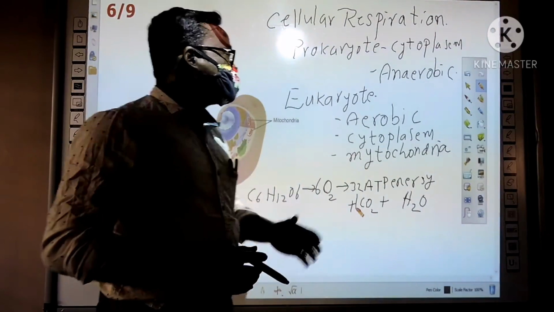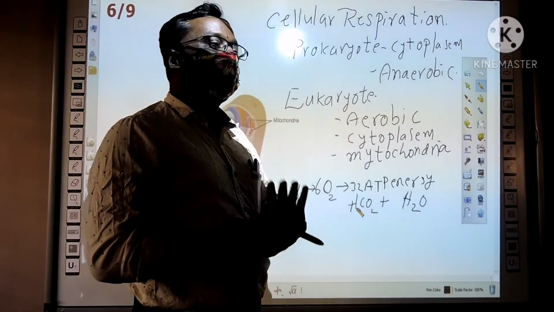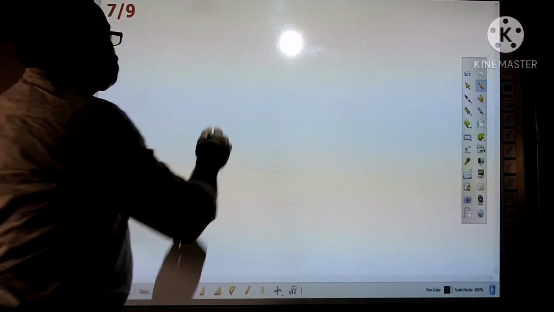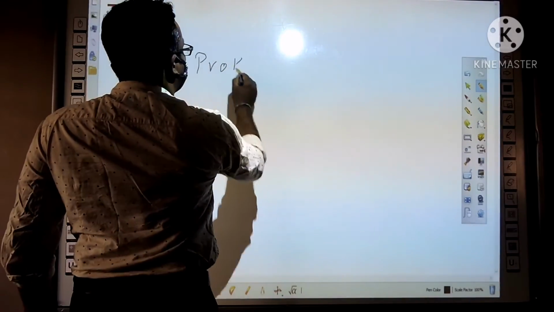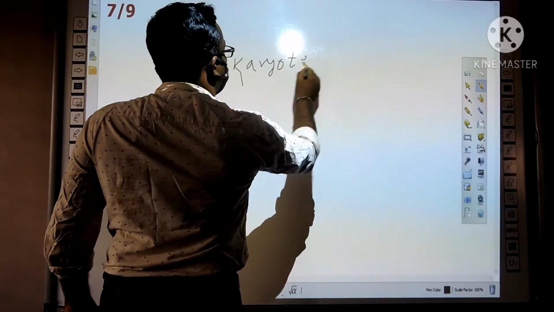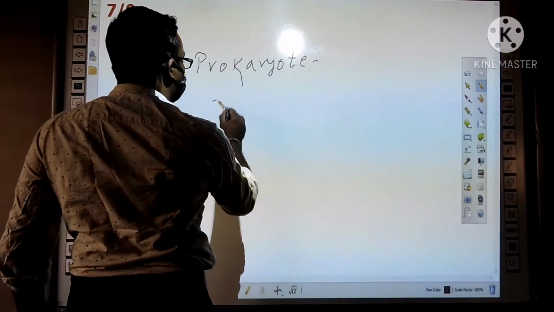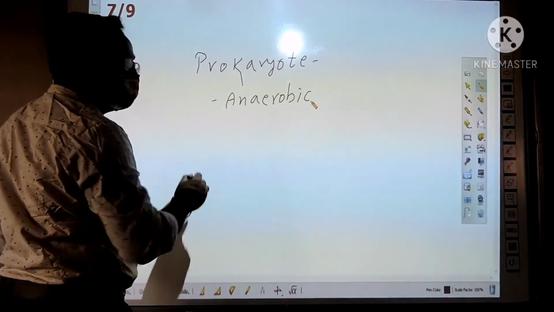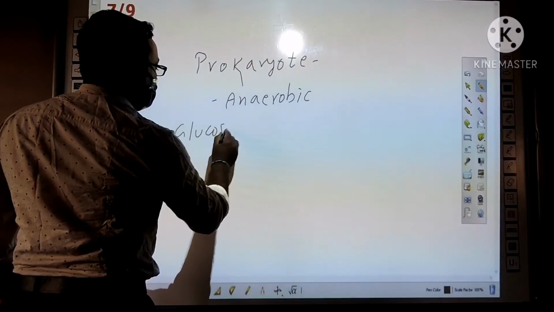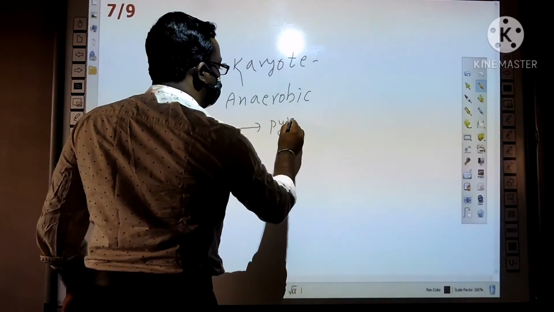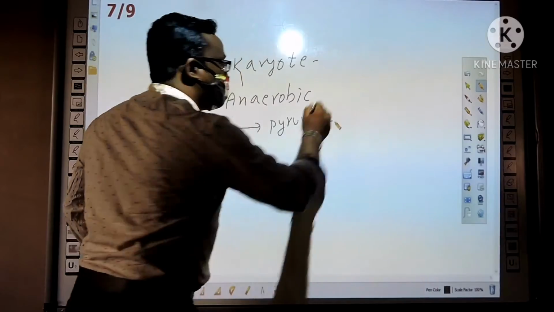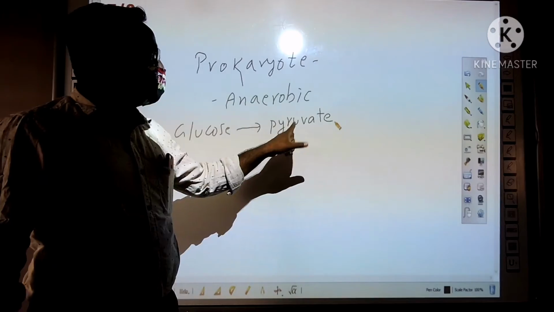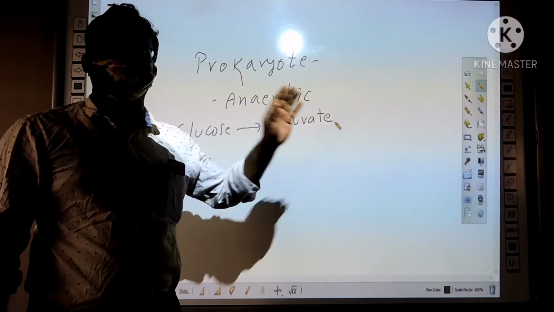Next, what about respiration in prokaryotes? Which type of respiration occurs in prokaryotes? They don't use oxygen. That means that is anaerobic respiration. Here also the glucose breaks down into pyruvate. That means glycolysis is common in both aerobic and anaerobic. But afterwards, oxygen is not available. They do not use oxygen. So pyruvate